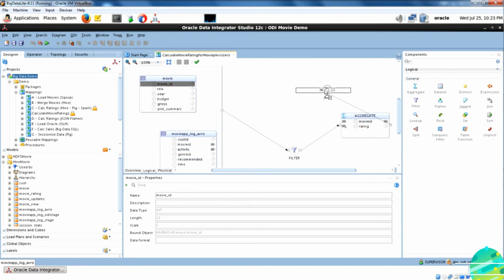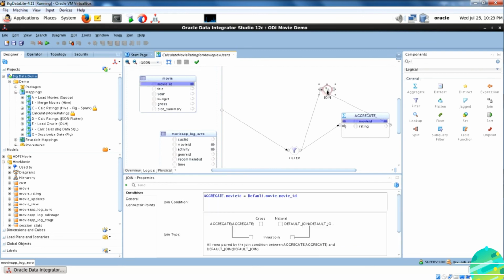You're going to join this aggregate with the movie table, the movie data source. And of course the join is going to be based on movie ID because that is the common field between the movie table and this aggregate table.